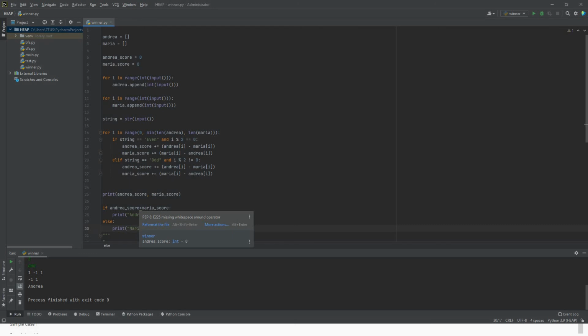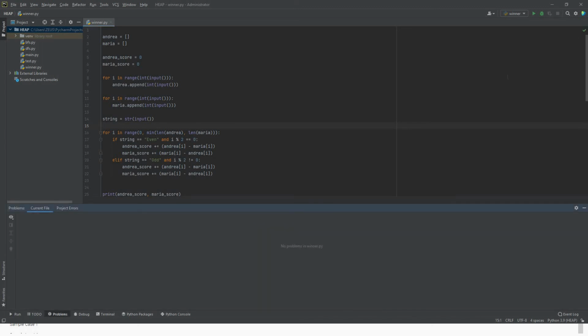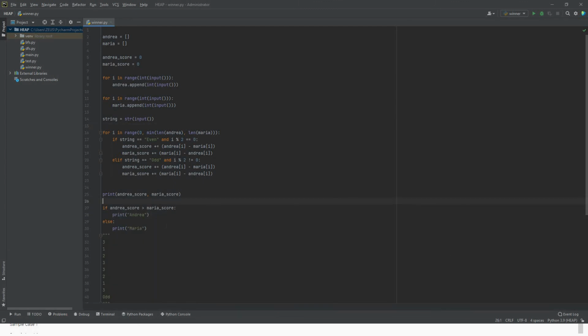So I have not given blank spaces. It is giving me a recommendation of adding missing white spaces around the operator, which is a recommended way of doing it. Okay, I messed it up. Now if you could see there is an incorrect symbol. I basically tried earlier, when I was writing code without understanding, to write as per my wish, but there are certain ways of writing code which, if you are doing it with an IDE, help you a lot. So let us first